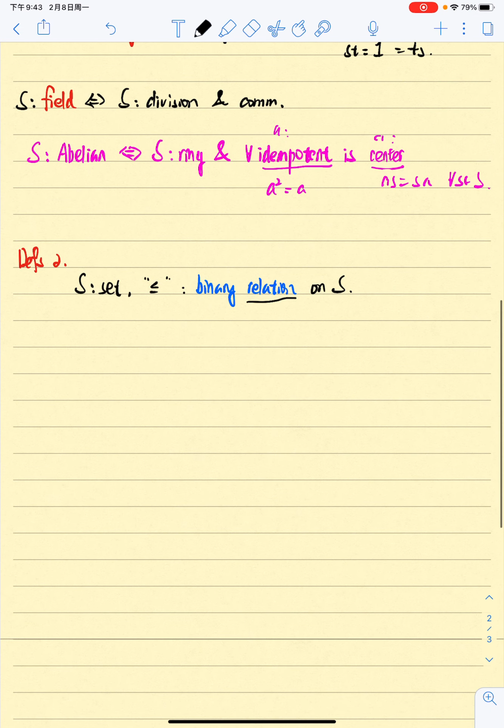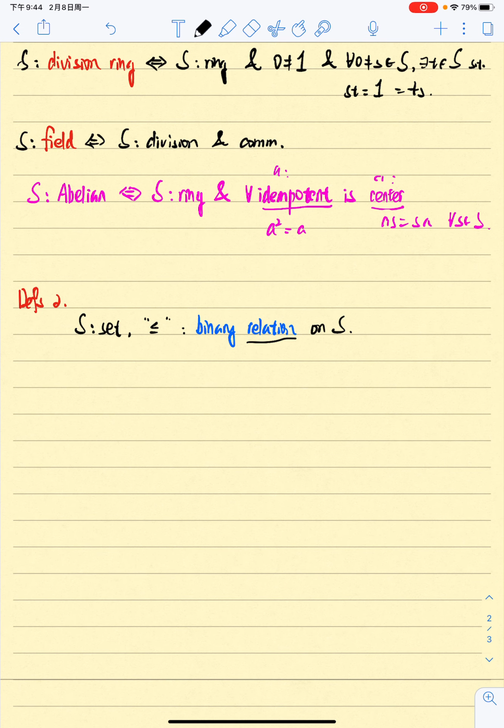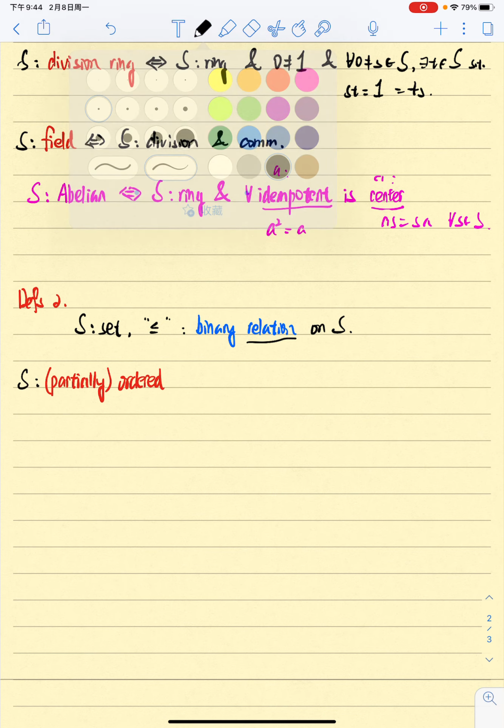We call the system S with the binary relation partially ordered, or simply ordered, if